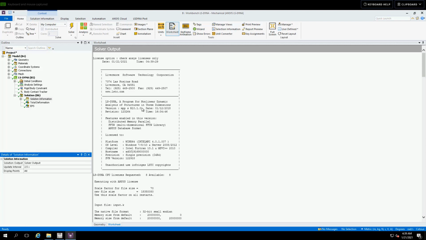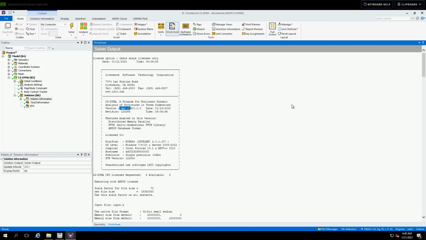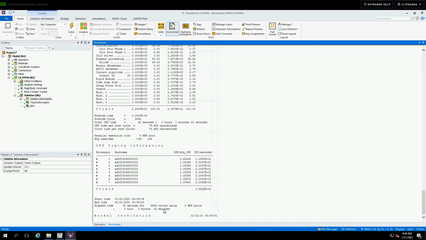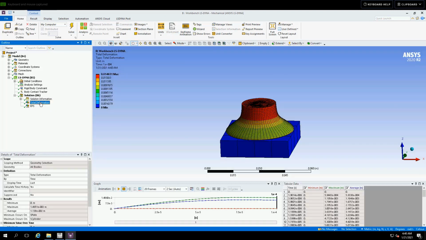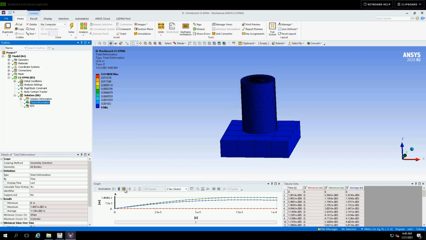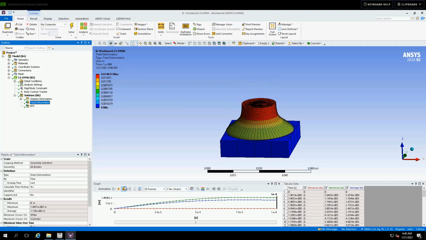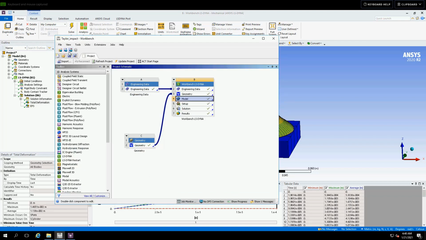As you can see, we are running MPP with the R1 solver. It took 50 seconds on the CPU. We can click on the deformation and do an animation. Once we are done with the results, we can go back to the project page and save the job,